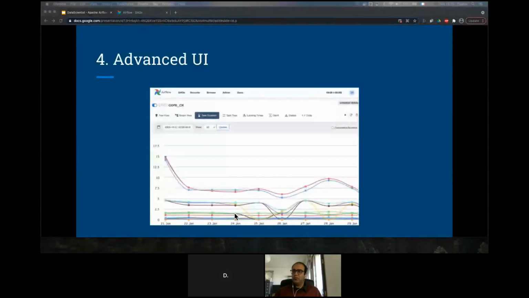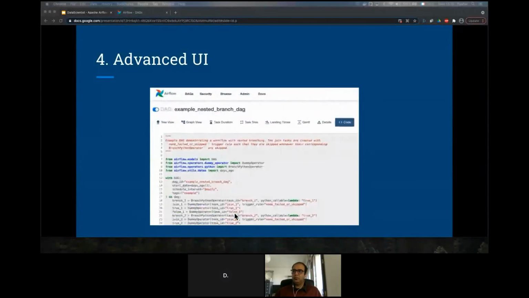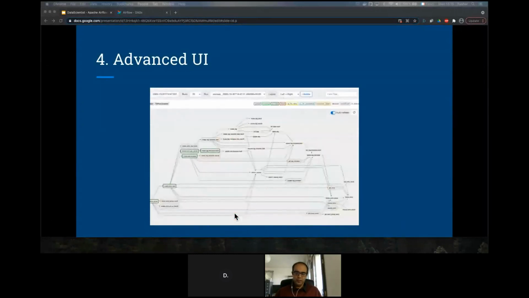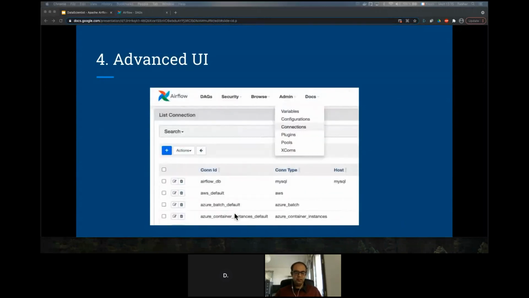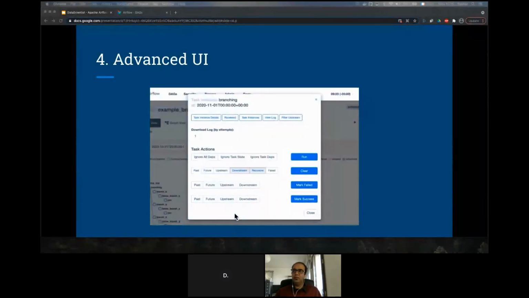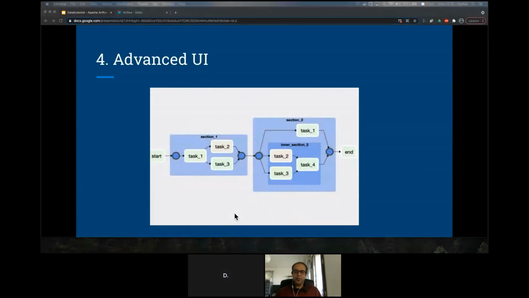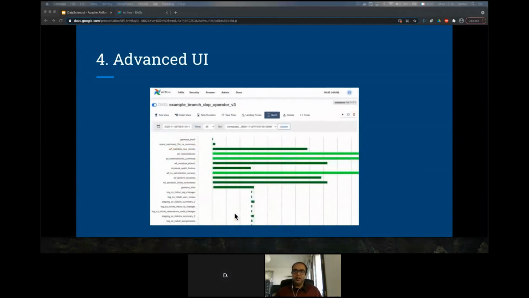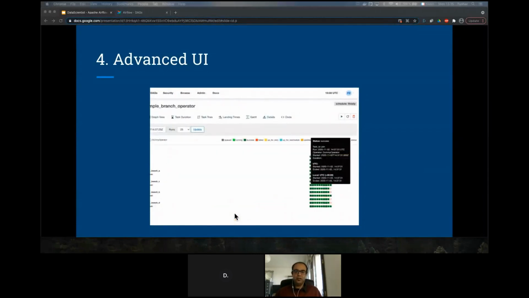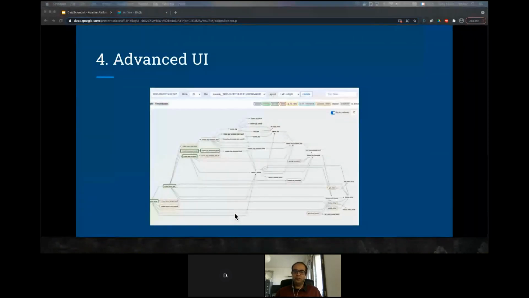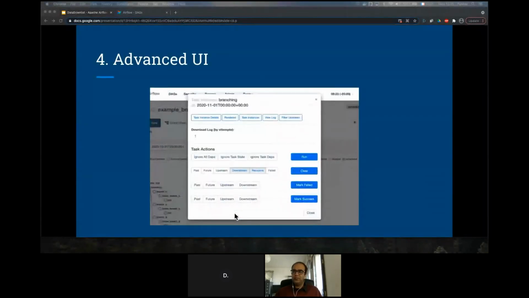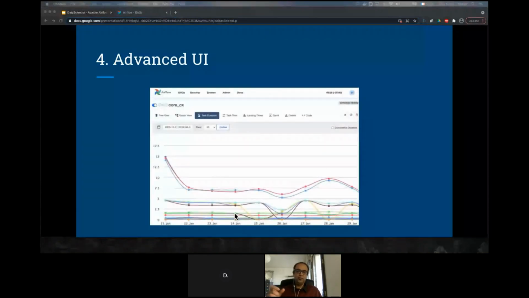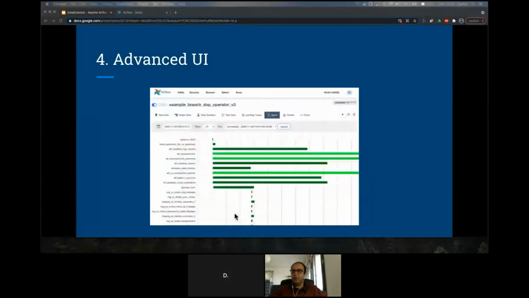So I will show you a little bit about the UI. As I told you before, we were looking for a solution which has an advanced UI. What are the major issues which we see in a platform? One of the major things is, when you have a pipeline, you want to have a good view of the pipeline, like what all steps are being done in the pipeline. Else it will be just code, and it can be difficult if you have a small team of data engineers, or if you want to introduce more data engineers in the team. If it is just code, it becomes quite complicated to see what the data pipeline is doing.